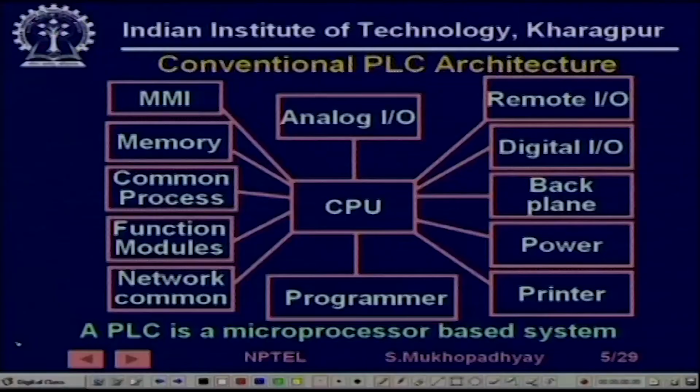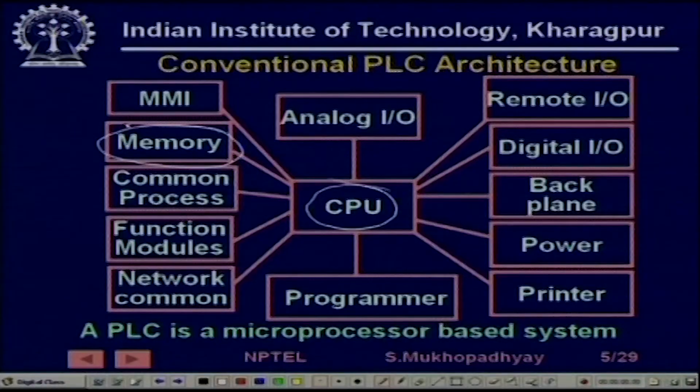So, here also you will find basically the same things. So, here you have the CPU, this is the CPU and here is the memory. As we will see, memory can be of various types